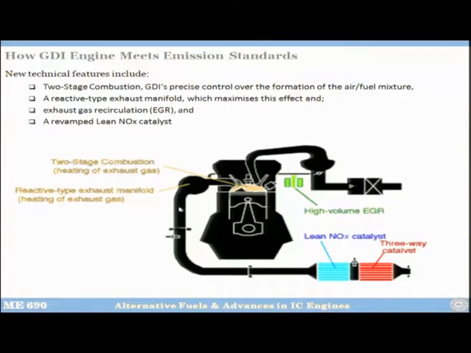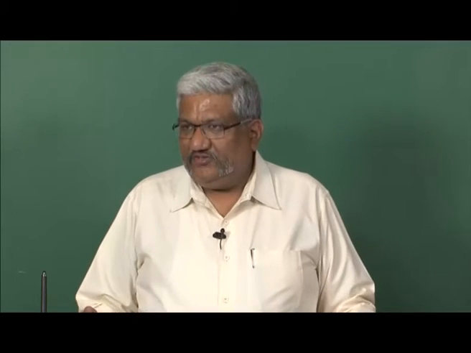And then you see from here the exhaust gas comes out, and then what you do is you put a lean NOx catalyst. Okay. So lean NOx catalyst means it is going to basically absorb some of the heat, some of the NOx. Lean NOx catalyst is a very interesting device. It's called LNT, lean NOx trap. This is also called lean NOx catalyst, same thing. Lean NOx trap is a very interesting device. What it does, in a nutshell, I am going to tell you that it is like a sponge.